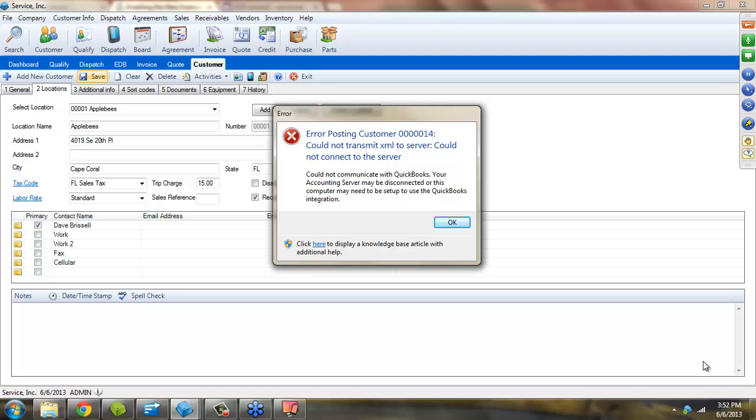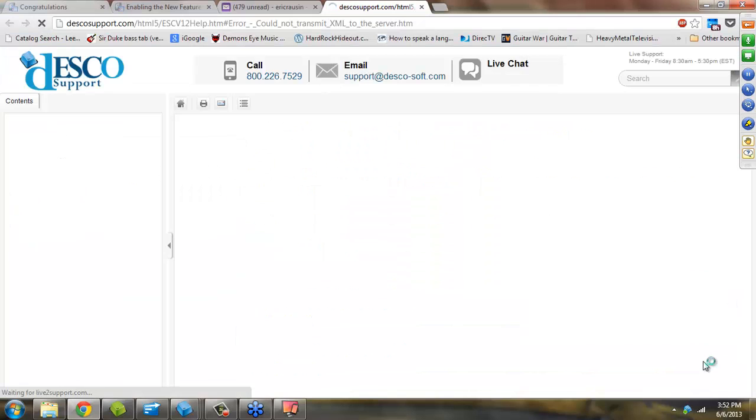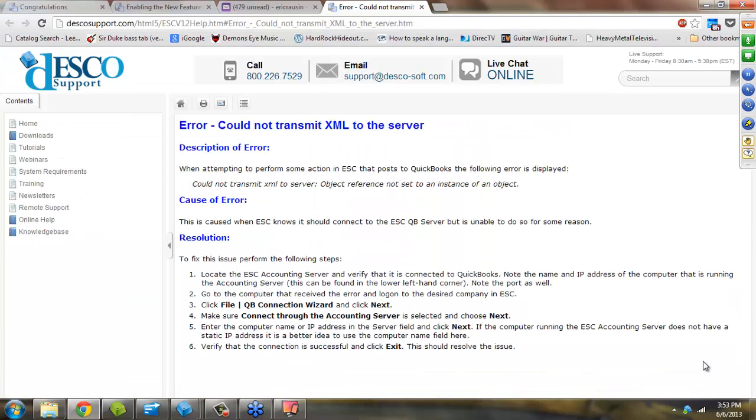Actually, here it is. And this is what I was talking about. Down here at the bottom, if you ever see one of these articles where it says, click here to display a knowledge base article, please do it, because it'll take you right out to the knowledge base. It'll tell you why this error is happening and what you need to do to fix it. So quick, easy, painless,